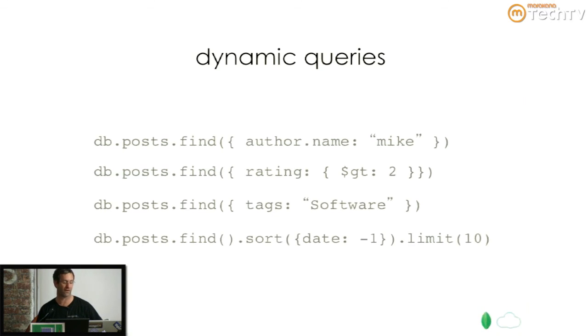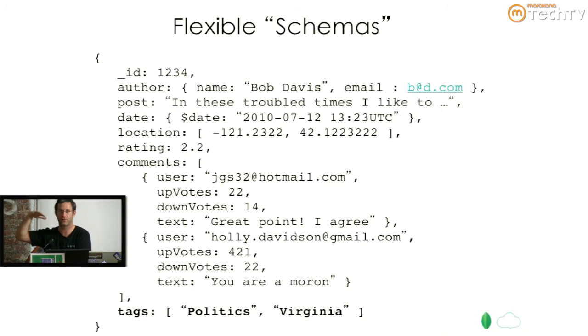This is the where clause, and maybe this is what you're getting at, the projection part, which is where you strip out in SQL. You say, you know what, you might have this big object here, but I only want to see a subset. I only want to see ID and author. And actually the answer is yes, it does do that. I didn't show that in the example, but there is the idea of a field mask that you can use to